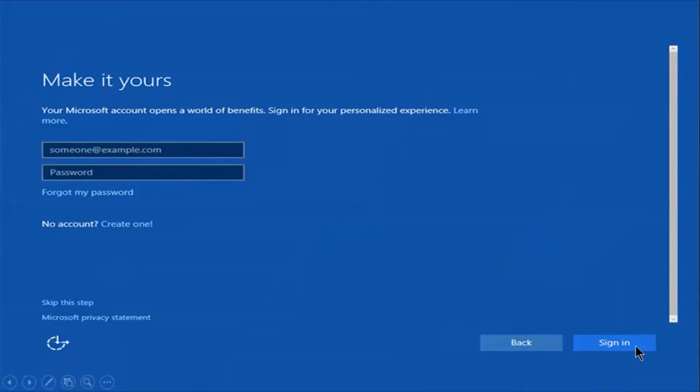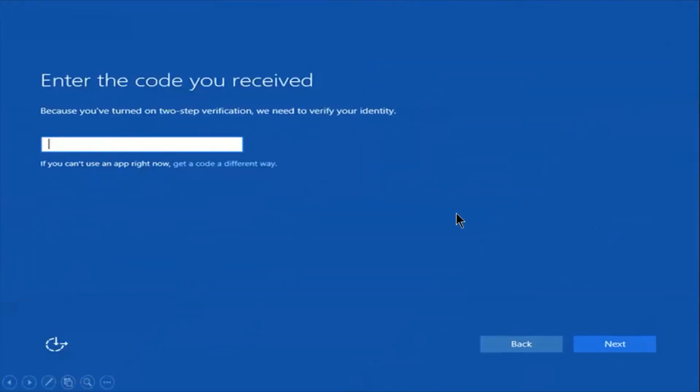If you have a Hotmail or Outlook account, you will get an activation code or PIN code that will be sent to your mobile phone. You have to check it on your mobile phone and enter it here. After entering the code, you click on next.